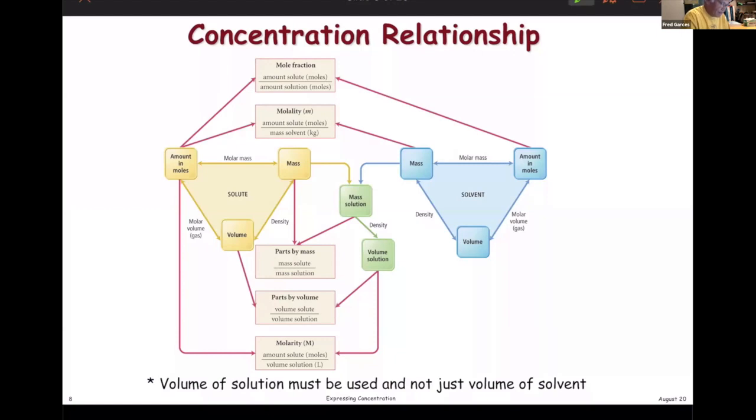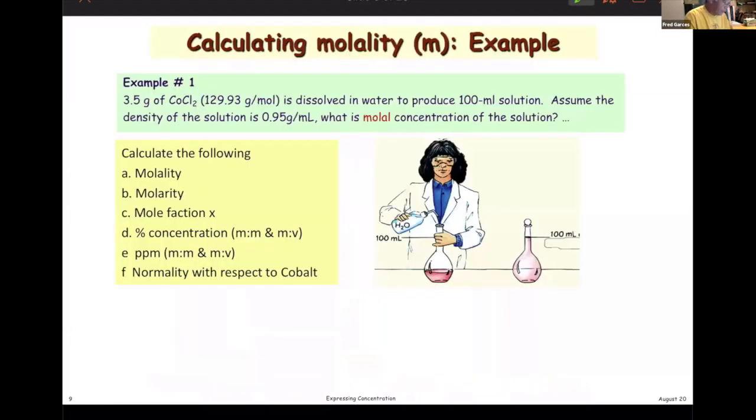Here is a problem. It says that 3.5 grams of cobalt chloride is dissolved in water to produce a 100 ml solution. Now, 100 ml of solution means that the 3.5 grams plus the water adds up to 100 milliliters. You don't know the volume of the cobalt chloride, so we're going to have to give you some other information, like the density, so you can calculate